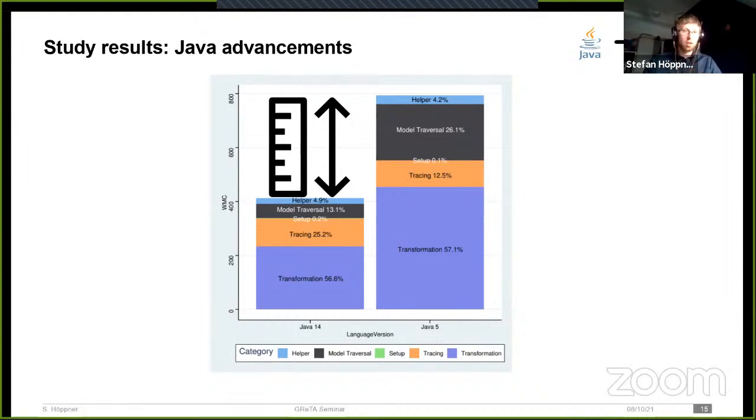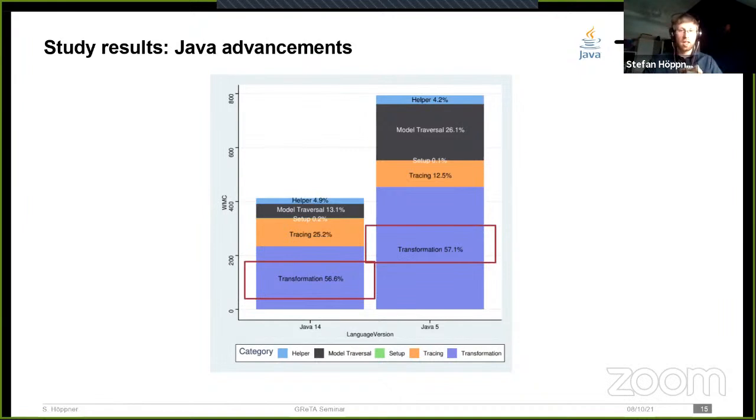And the other thing that it shows, and that's less of a good thing, is if we look at the actual code and look at the distribution of the code between the actual transformation and any sort of extra code that we need to write so that the transformation actually works, there's no real change between the Java versions.